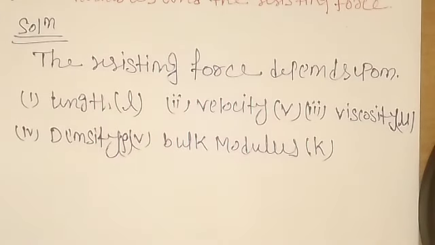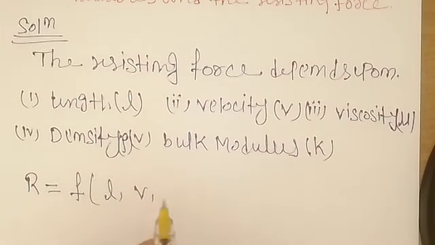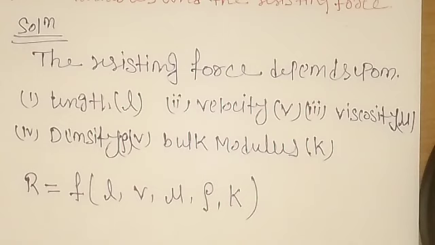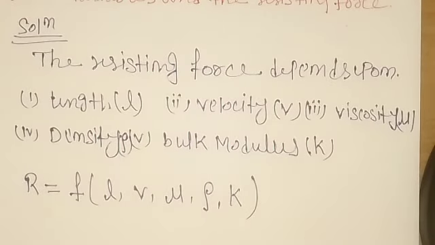All right, so here I forgot to write this notation, you can write it as 0. Now what we have, let's say the resistance is R, it is given in the question itself. So we can write that R is equal to a function of L, V, mu, rho, and K. All right, then again you can write this in terms of arbitrary powers and a constant, that is R is equal to